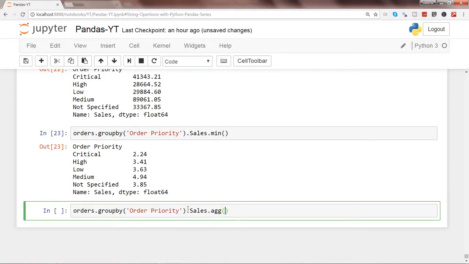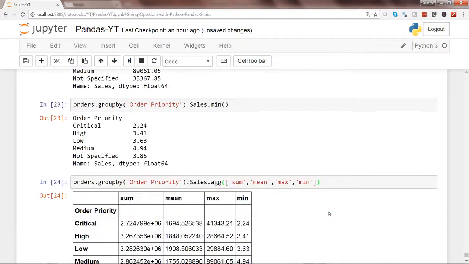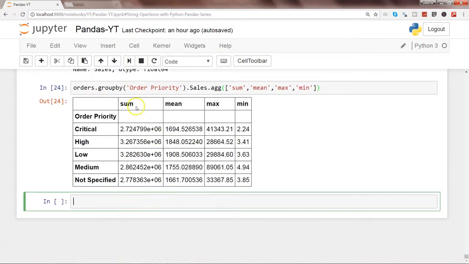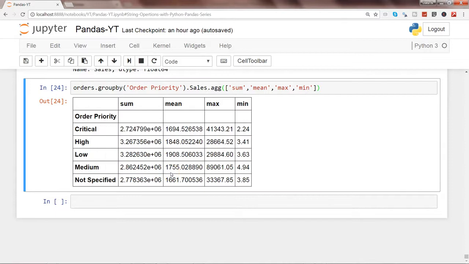This is the function that you need to use, and within that you use brackets and say sum, mean, max, and min. This way the agg function comes really handy, because you can create a proper metric that you can use in your presentation or as part of your report, and show things in a much more meaningful way. So let's press enter, and here we are with the sum, mean, max, and minimum for each of the categories that are present.